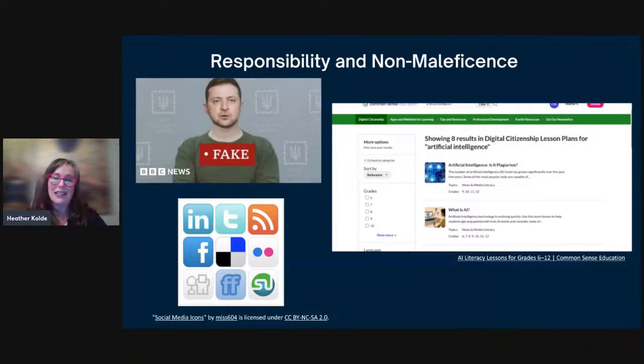Okay, responsibility and non-maleficence. So I'm a middle school teacher, and this is a big one for me just because of the world I live in, which is, there's a lot of those issues with social media and cyberbullying and all of those things. So, as we think about responsibility, being responsible for what is created, for the accuracy of the material that we're using or that we're generating, and then knowing that there are consequences to the use of these kinds of tools that are pretty powerful.